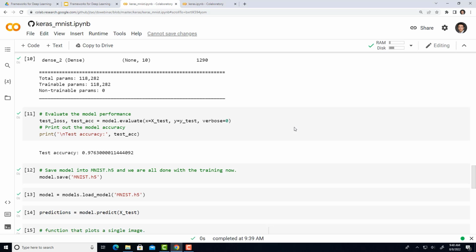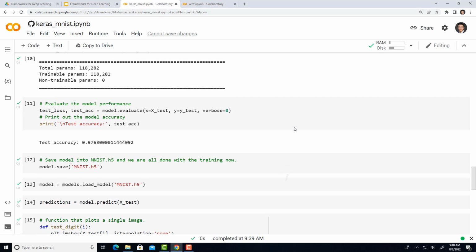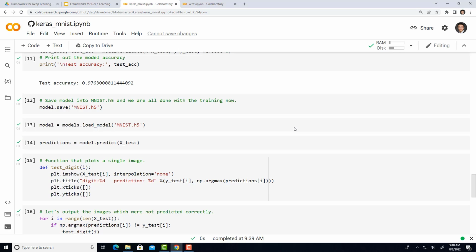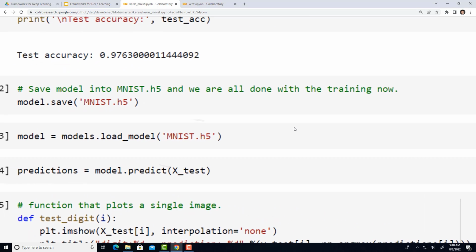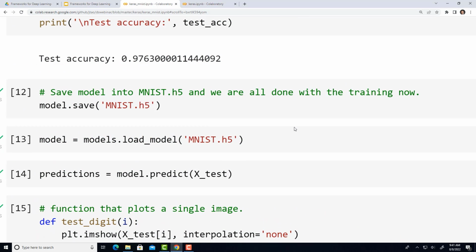In our case, this is very good. We get up to 97% accuracy using the test dataset, which was not used for training purposes. So that's why we do the splitting first. And you can save the model into HDF5 format, and then you can load it up. The reason I want to show you here is that you can just save it into a file, and then you can load it back into your memory.